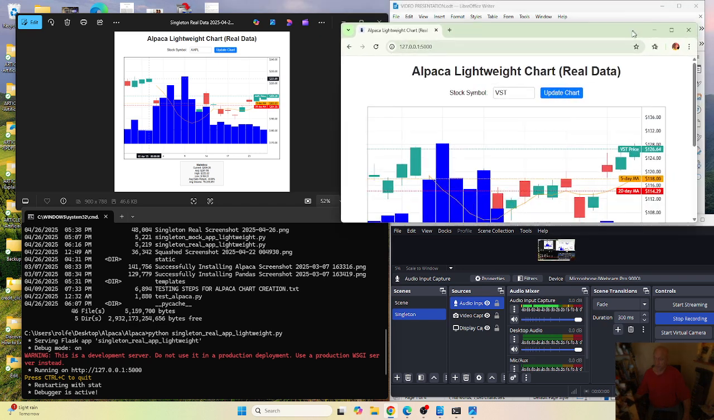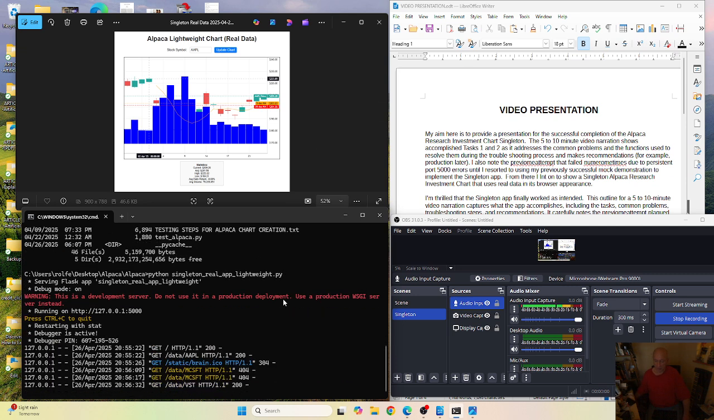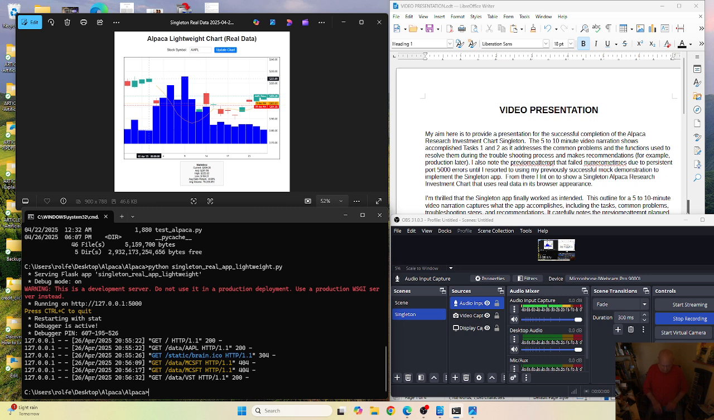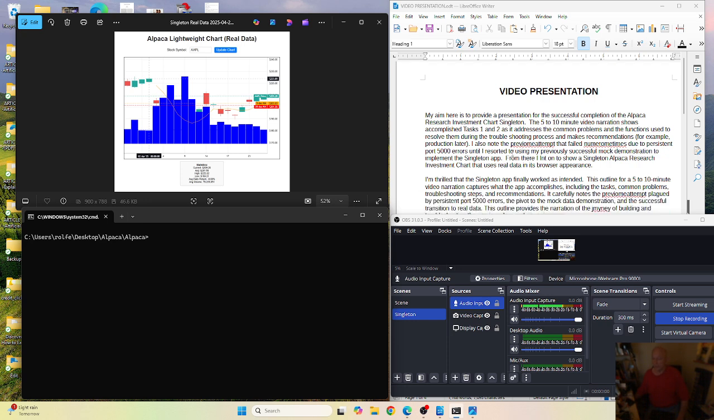Now you see how the chart works. Of course, you can make mistakes and put in the wrong symbol. We'll close out the command prompt and get back to clearing the browser, clearing the command prompt if we need to use it later. My aim here is to provide a presentation for the successful completion of the Alpaca research